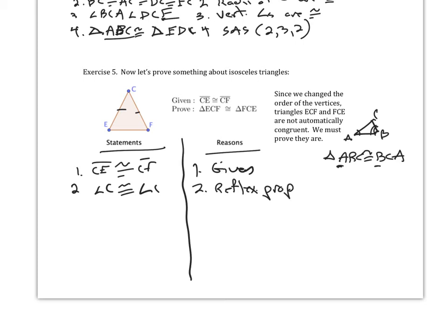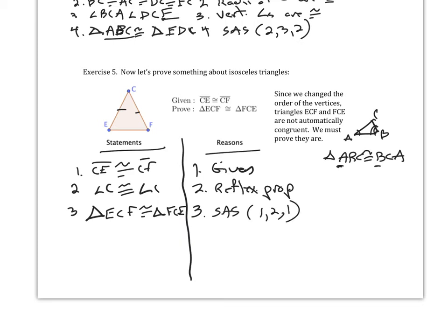And now we can say that triangle ECF is congruent to triangle FCE, and the reason would be we have SAS, and the steps are actually 1,